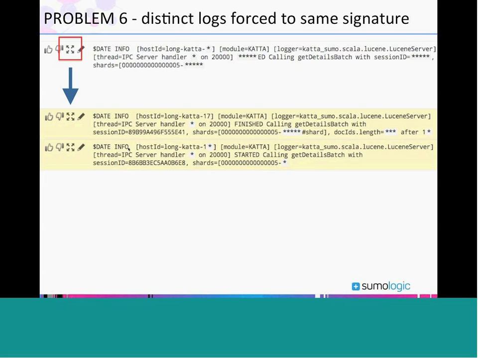So now anybody else in your organization that does a Summarize LogReduce search is going to get this correct result below of the finished and started log messages being separate. So as you use the system to study your log messages and nudge it when things are slightly off, you're going to be rewarded with a better experience as the results grow more accurate over time.